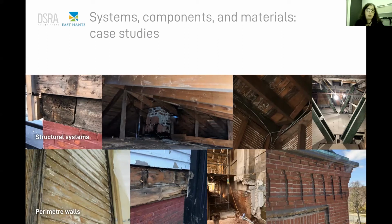Then talking about structural systems, talking about perimeter walls, we can have different types of perimeter walls, and each type of perimeter wall has its own decay. So we have perimeter walls which are siding, wood, basically. Some parts are wood and brick, in the second photo, or we have masonry in some other cases. And we can have bricks, or in more modern cultural heritage places, we can have even concrete or